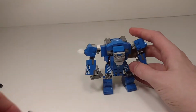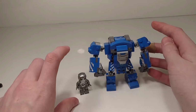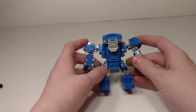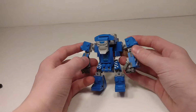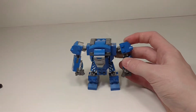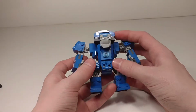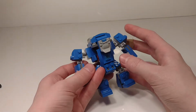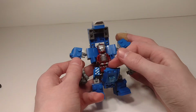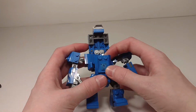As you can see, compared to a minifig, I think Igor should be about that tall, like big figure size, so I think this is a bit big. And also the main problem is kind of the shaping. It feels very blocky and chunky and weird at some points. So I think they could have probably made it better, made it smaller, made it look nicer, less blocky, if they had decided to not include a minifig in it. Which, as much as I like the idea, I think that is probably kind of the root of why it's